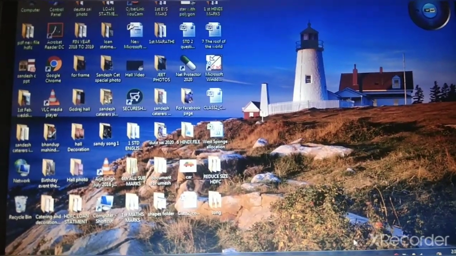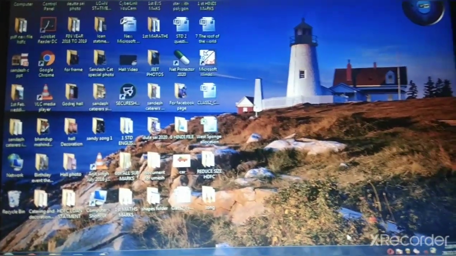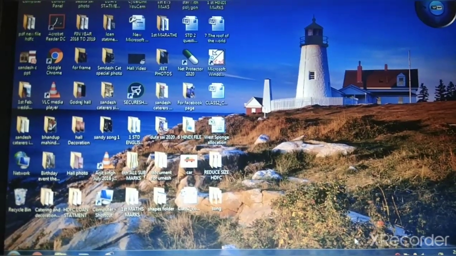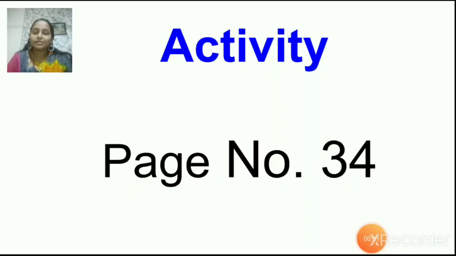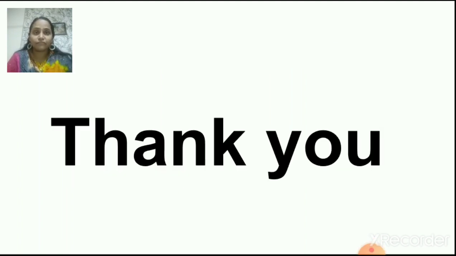Okay, children, understood how to draw figures in MS Logo. I hope you all understood how to draw all these figures. Okay, children, you try these all at home in MS Logo. For that, you need to have MS Logo on your computer. Last time also I told you to download MS Logo. How many of you have done that? Do you have MS Logo with you? Then only you can do this.